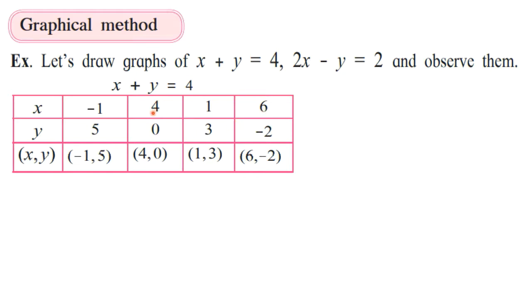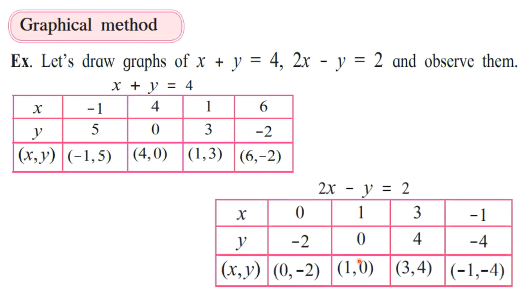Like this was discussed by me. Now see, when x is equal to +1, this will shift here and become -1. So 4 minus 1, the value of y we will get as 3. Similarly, when we put x is equal to 6 here, it is shifted here, 4 minus 6, that is -2, we are going to get. So in this way, we got all 4 ordered pairs. Similarly, you have to find for the second equation: take the values of x and find the values of y and get the ordered pairs.